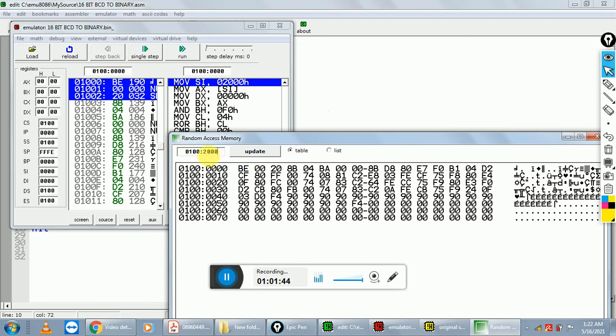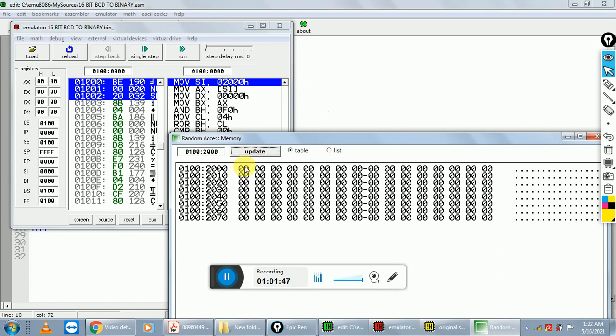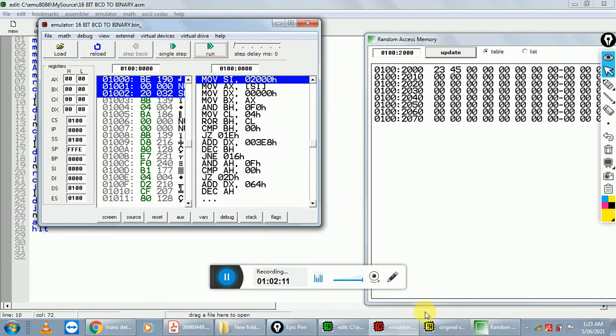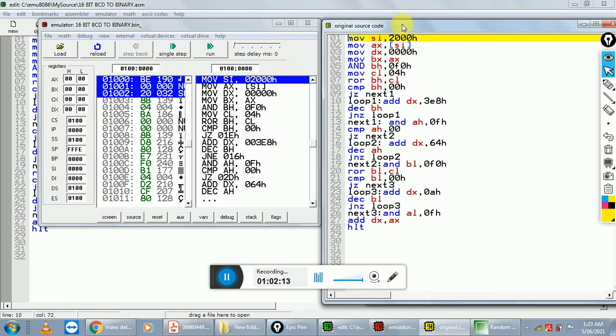Write down 2000 in the offset address, click on update, and write down our value. First write down 23, then 45. So this is your 4523. Okay, update here.